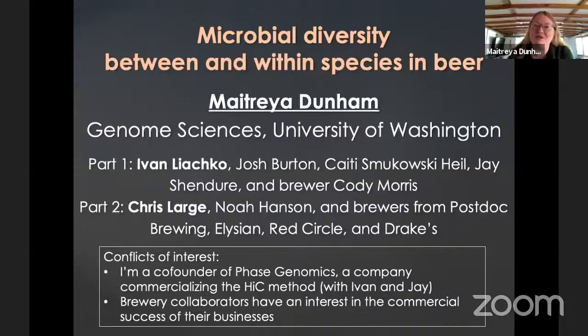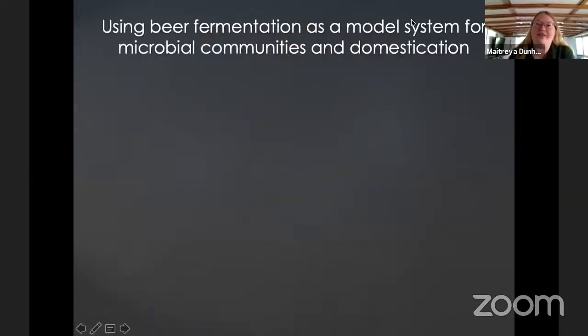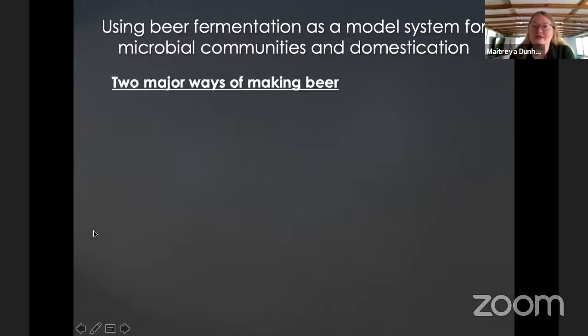It's been a really fun citizen science initiative, also working with professional microbiologists in addition to the scientists in the universities. Okay, so there are a couple different ways that beer is historically made, and we really think that it's going to be a great model system for understanding microbial communities and understanding domestication of microbes. The two stories that I'll tell you today highlight different aspects of what we think of this as being a good model for, and also understanding a real community doing real things, right?